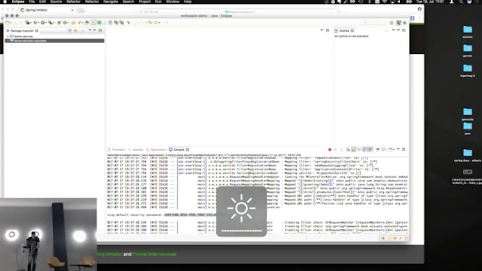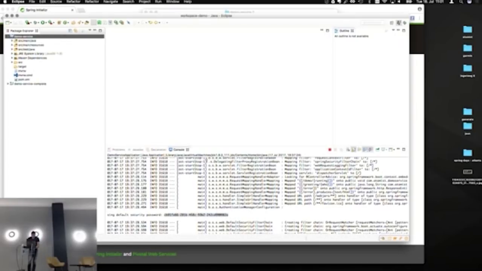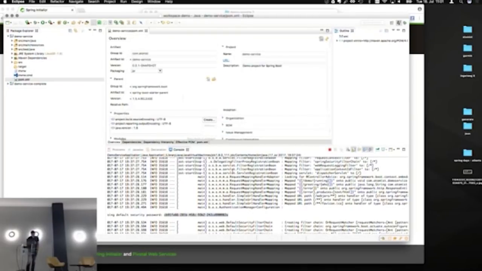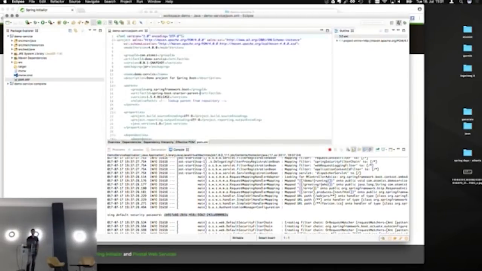Yeah, now I can see something. So here we go. We got a Maven POM generated for us. When I look into this, it's just a stock standard Spring Boot POM with a parent, with a relationship to the parent defined, and that parent gives you a lot of versions that are supported by the Spring IO platform. So when you start adding dependencies, you don't have to fill in version numbers. Most of those will come from Spring Boot.